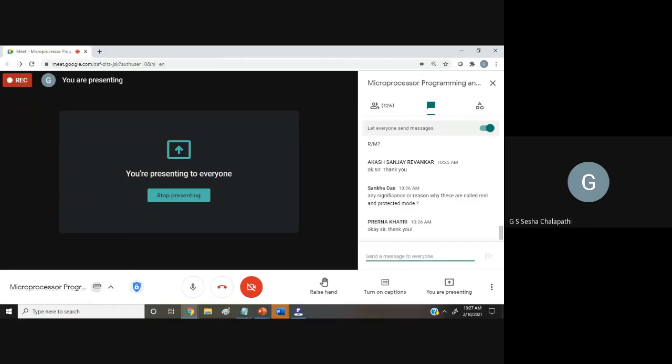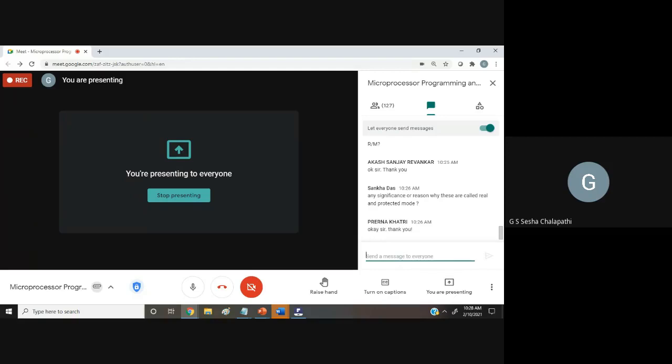So in protected mode of operation, you can set these privileges and all those things so that the memory can be protected from any unprecedented, or you can say undesirable, access of data or mutation of data, right? All those features will come into play in protected mode of operation. That is why it is called protected mode. You are protecting the memory from unauthorized or undesirable access, right? So that is the reason we do that.